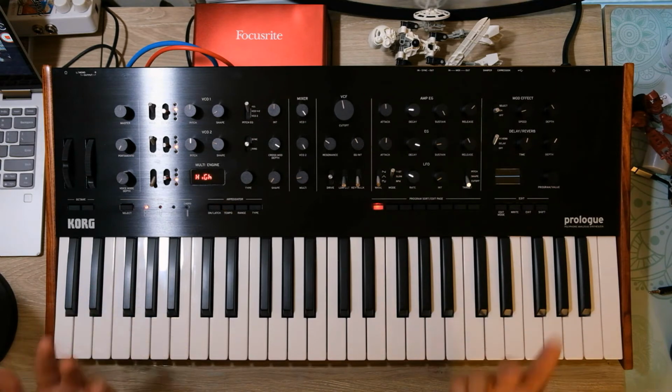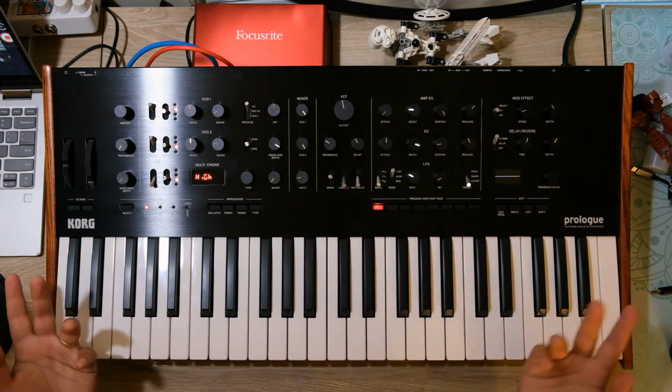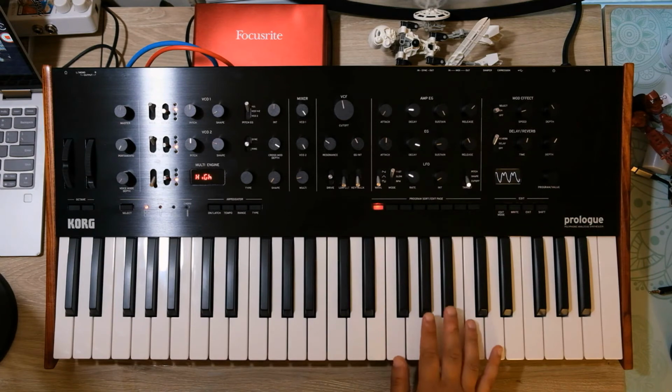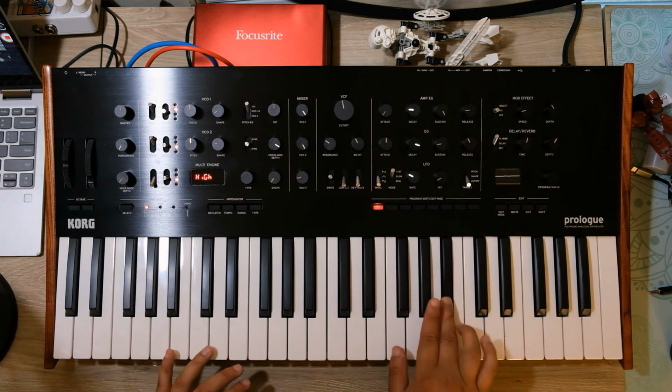But if I were going to use that for, say, something a little more upbeat and poppy, I probably would want to change it. Even if I liked the vibe, I might, for instance, bring the attack down. I might bring the release down. So I have that. Maybe if I wanted to play something really fast,